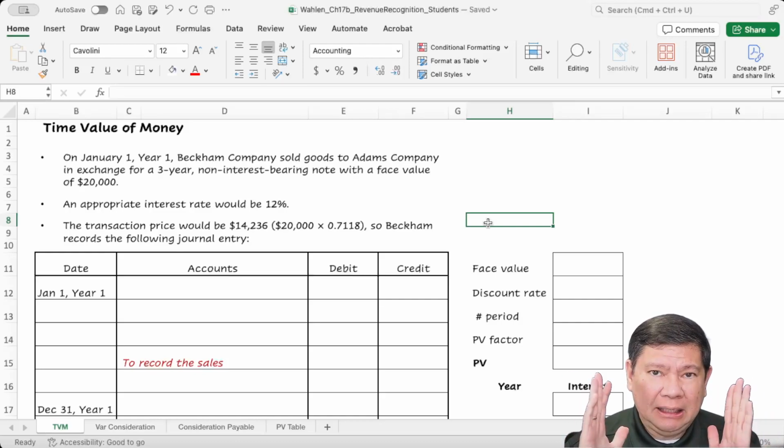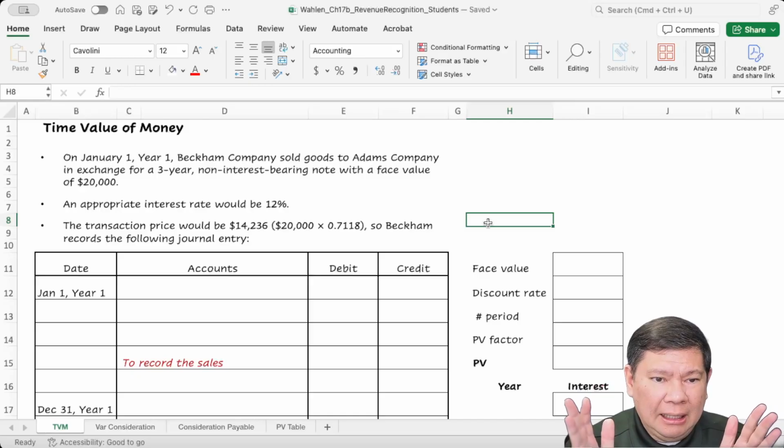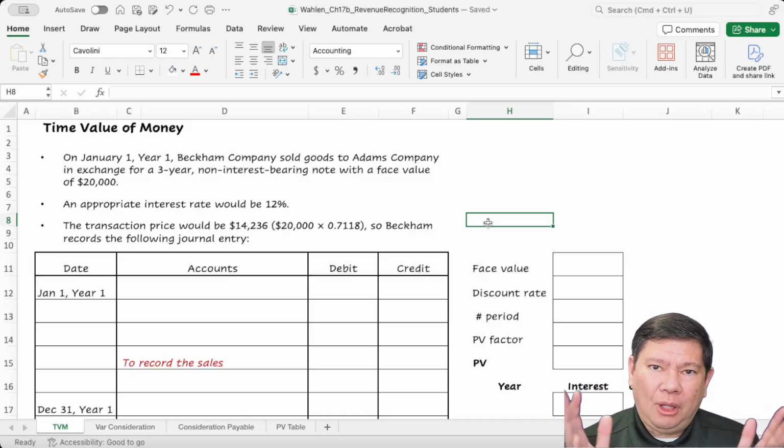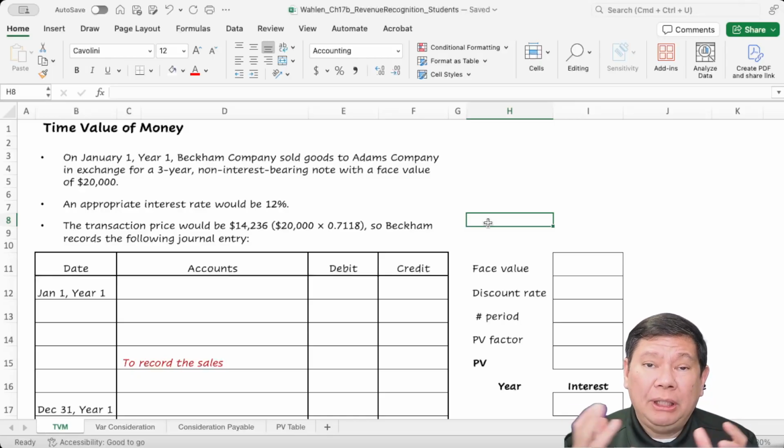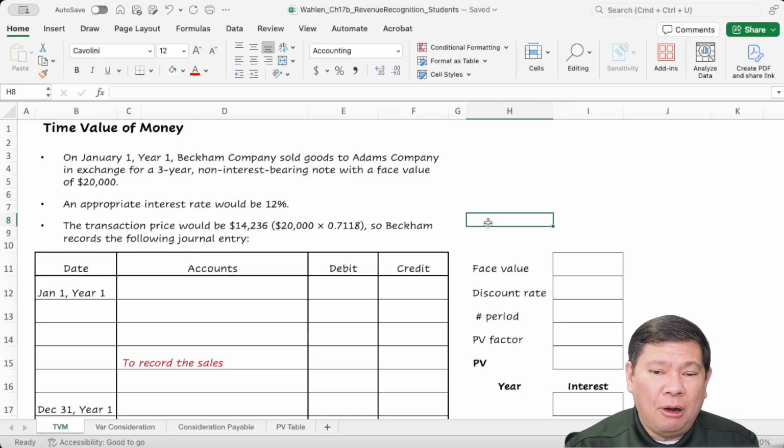So that means we're going to be paid $20,000 later, 3 years from now, but during the period we have to recognize interest income, although there is no payment in between because this is a non-interest bearing note. An appropriate interest rate would be 12%. The transactions for the revenue would be 14,236, which is the present value of all future